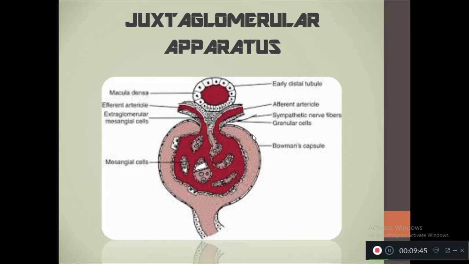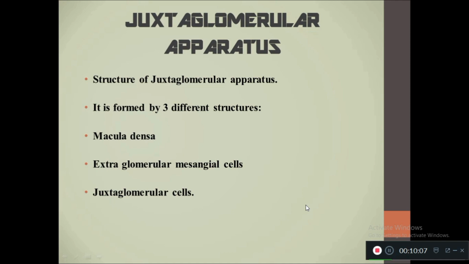That is a specialized organ. So we have different structures like the macula densa, the afferent arteriole and efferent arteriole, and there are cells called mesangial cells. So you will see them one by one in detail. Now we move on to the